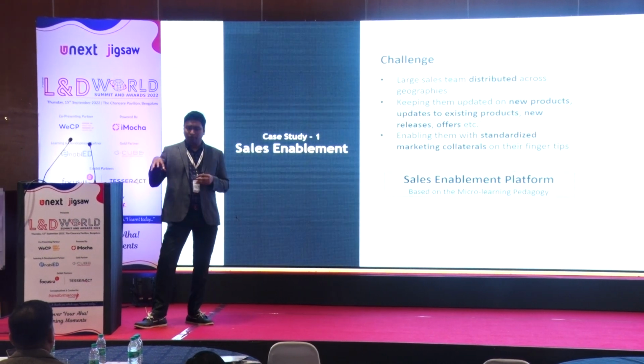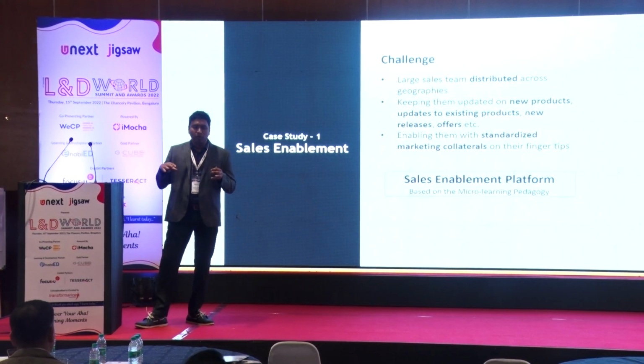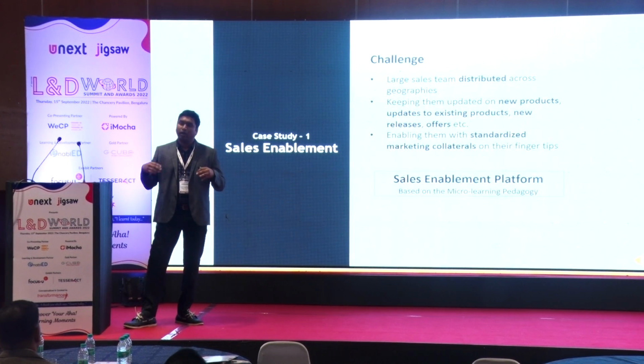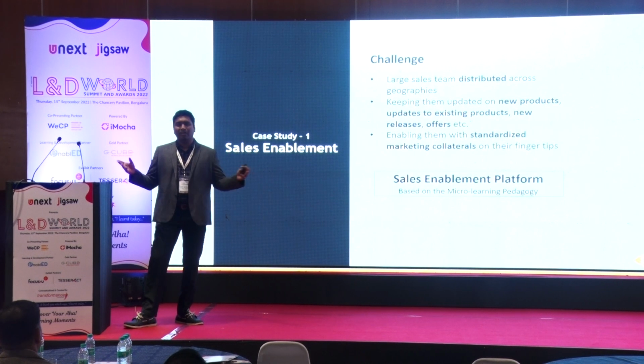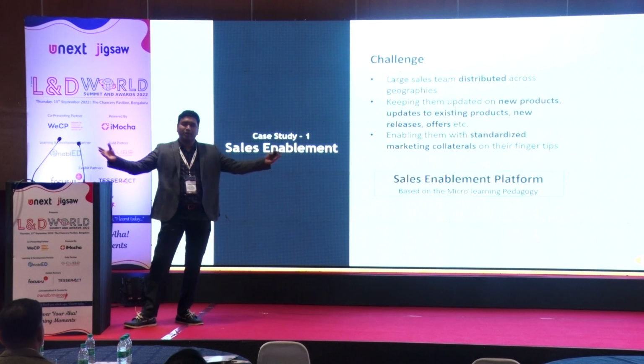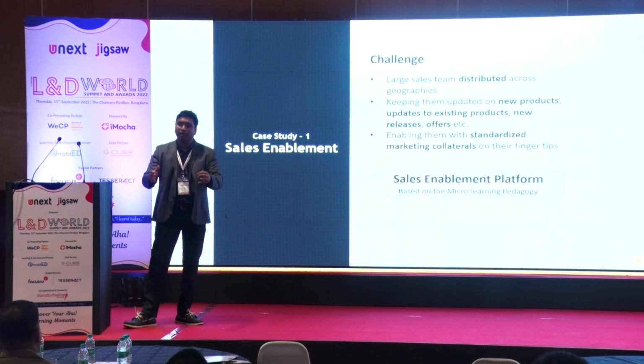It was very difficult for this centralized organization to spread this information out to 60 different outlets across 2 states. They used to have daily Zoom sessions, weekly Zoom sessions, where all these sales folks would get into a single Zoom session, and then they would be walked through the offers, updates,